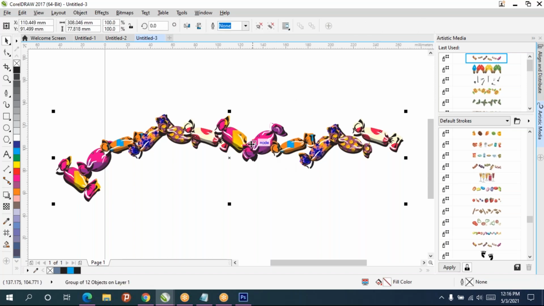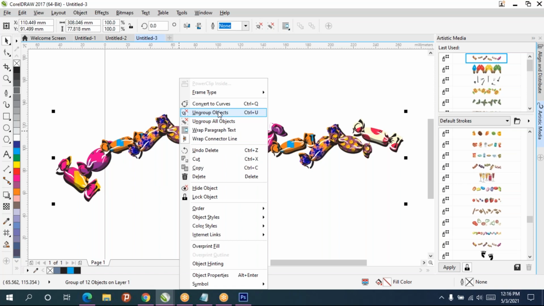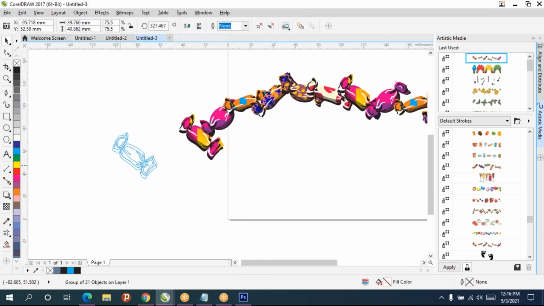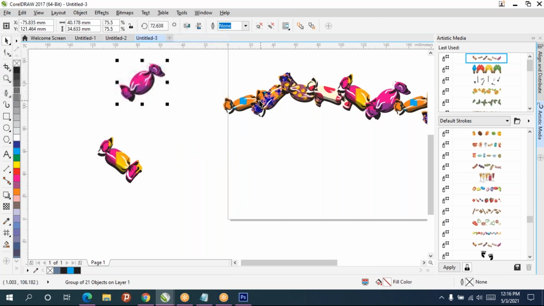Next, select the objects. Still it won't be separated, and right click again, you have to give ungroup object. Then move each object and you can use it also.